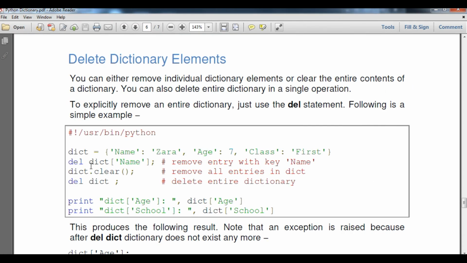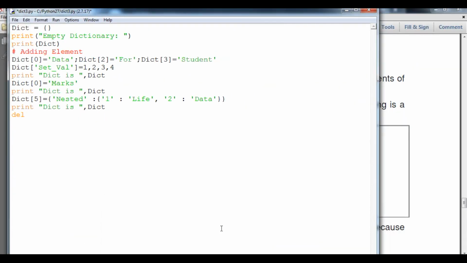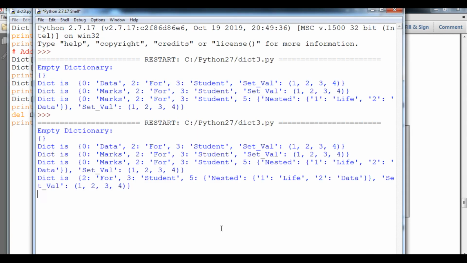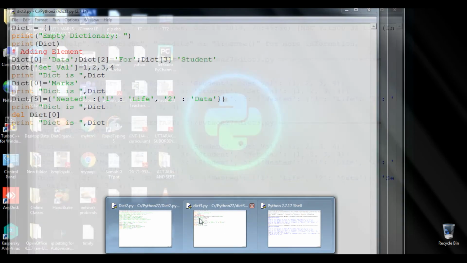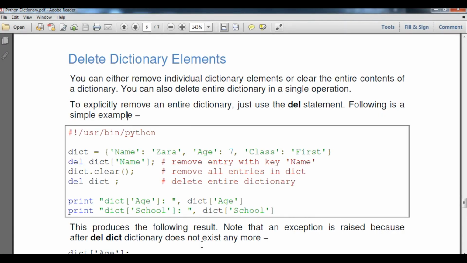As you can see in this example, we delete a dictionary entry for whatever key we require to delete. So here dict of, we can say the 0th element we are going to delete, and now I will print the same line. Let's see the output. You can see after deletion the 0 marks is deleted. Now after that we are going to use clear. Clear and delete are considered differently, and I will show you how to do that.